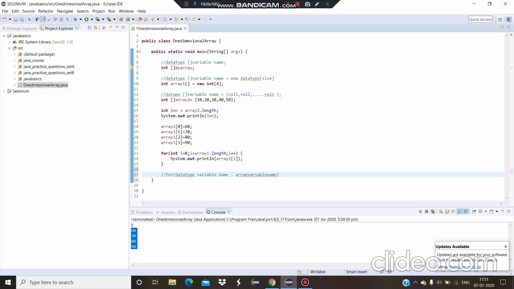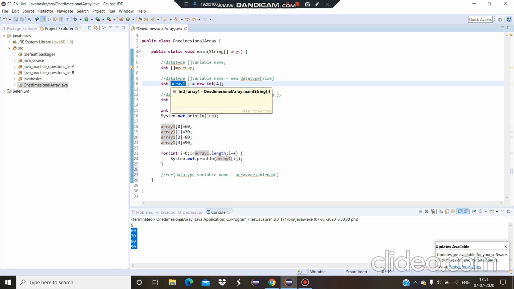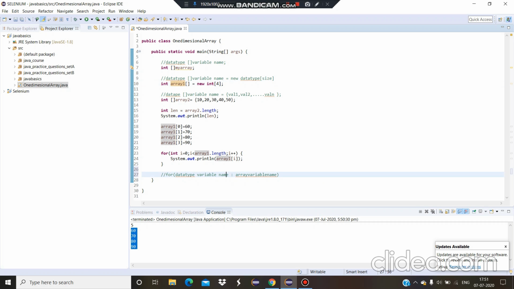So this variable name is different and this variable name is different. The array variable name is this that we have used here, and this variable name you can give at your choice. So I'm giving for an example, for data type is int, then the variable I'm using is each, colon, then array1.